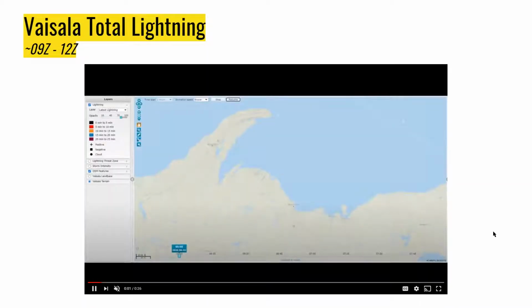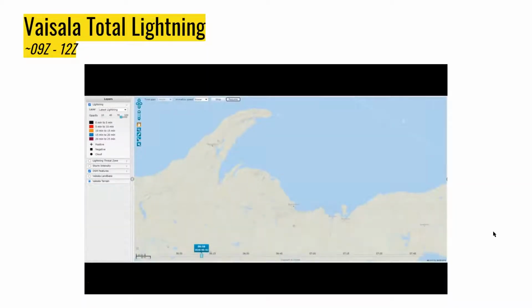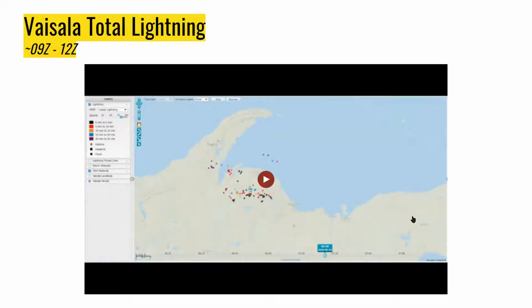And I'm going to start out here, before I show you the GLM products, by showing you the Vaisala total lightning. And this is through the thunderstorm management page. If you're not familiar with that, feel free to reach out to me afterwards and we can discuss it a little bit more. But for those of you that are familiar with it, you might be pretty tuned into what you're looking at here. But essentially, and I'll play this through one more time, you can see the lightning activity